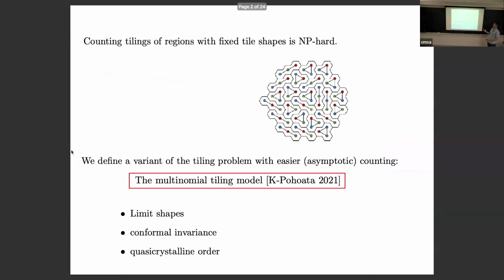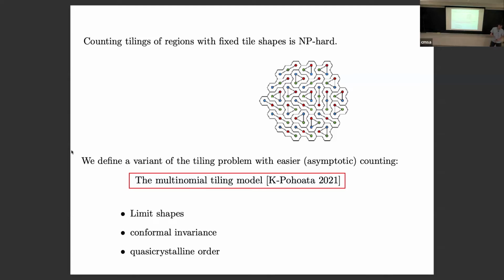Yeah, so the motivation is, counting tilings in general, as we all know, is a very difficult problem, and can be hard for a finite region, even undecidable if you want to decide whether your set of tiles tile the plane. We have some finite region, and maybe some set of tiles, and you want to know if those tiles can be fit to tile it exactly. And of course, if you want to do stat mech, you want to do more than just tell if there is a tiling. You want to be able to count tilings,